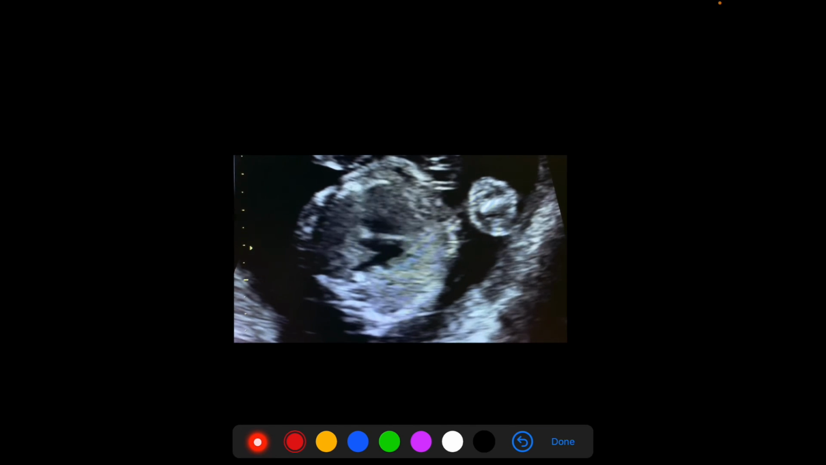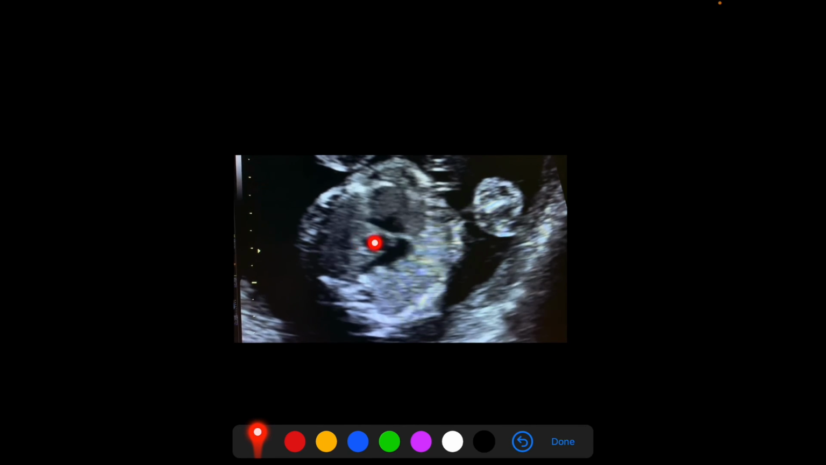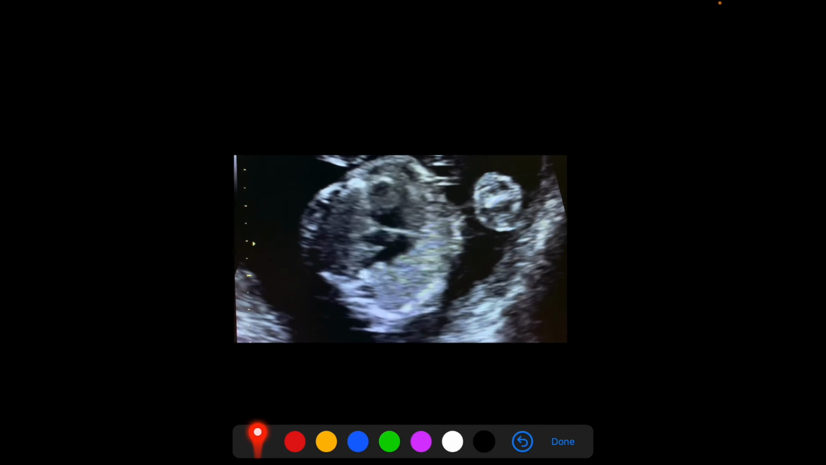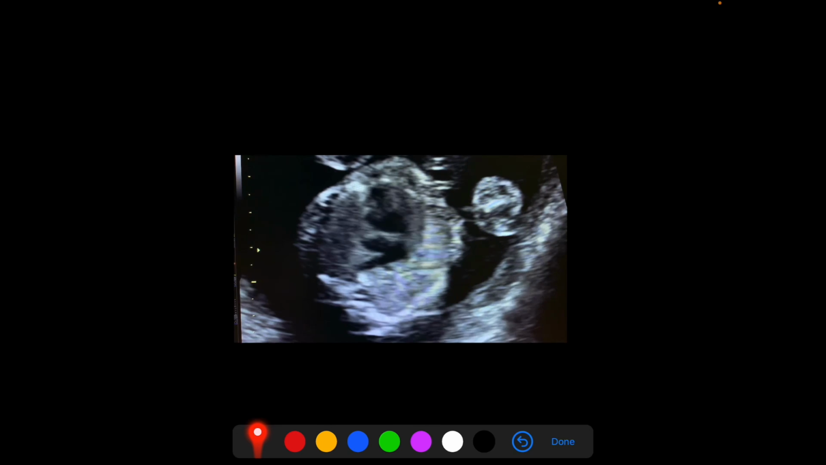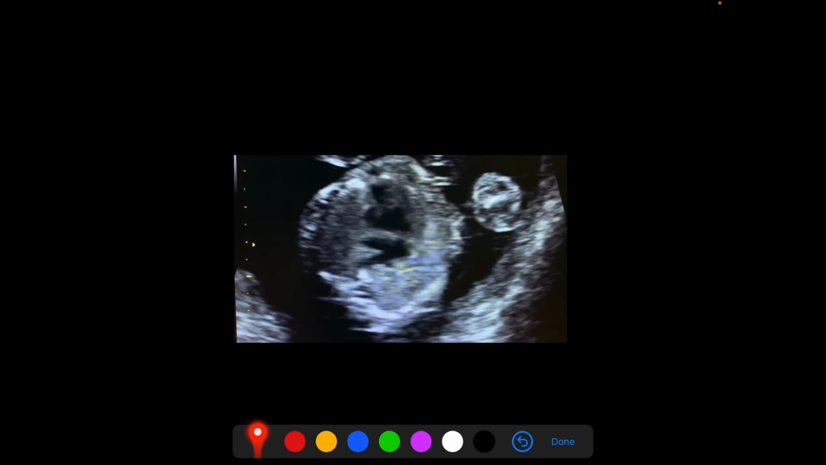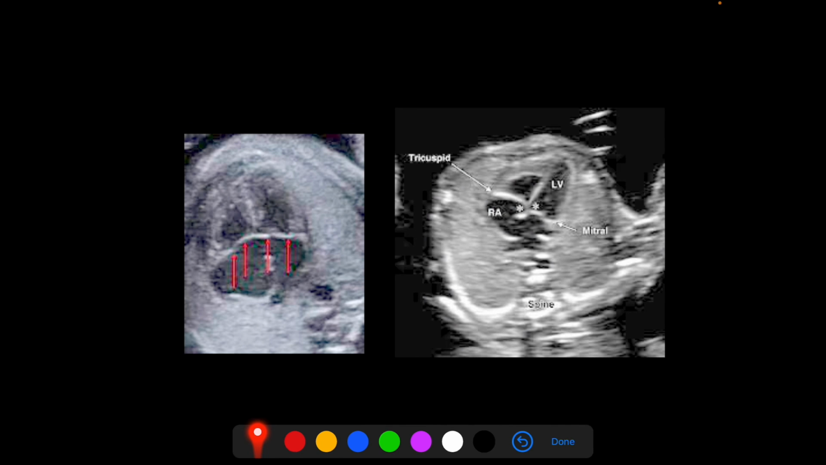So as you see in this case, it is complete AVSD, where the offset of AV valves is absent, and it looks like a single valve with absent ventricular septum and atrial septum. So this is complete AVSD. However in this case you can see absent AV valve offset with absent atrial septum adjacent to the crux, primum ASD. So both together